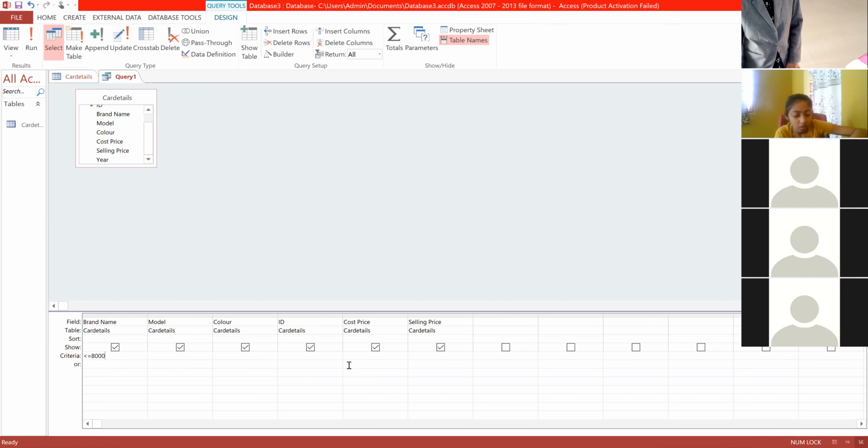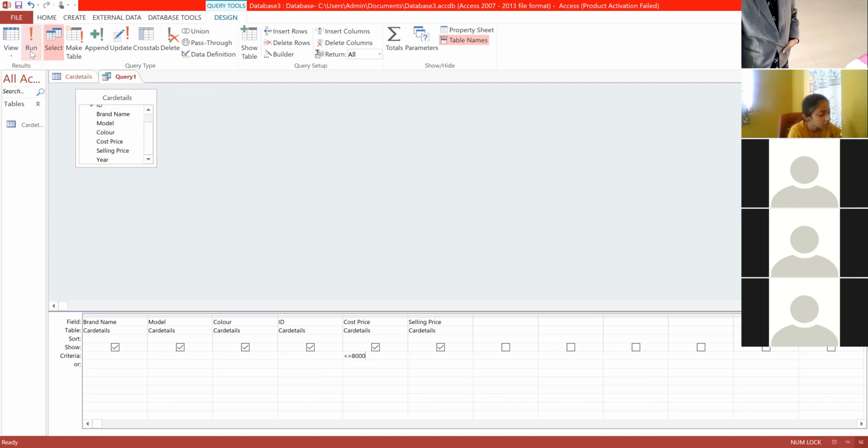Sorry, not brand name. Here the cost price is there, right? Here we'll mention the criteria: less than or equal to. Then here we have Run at the top beside View.